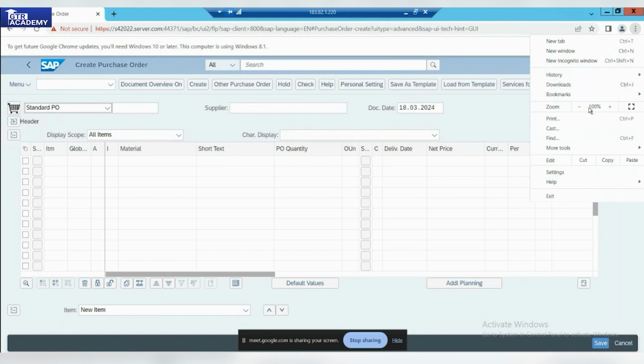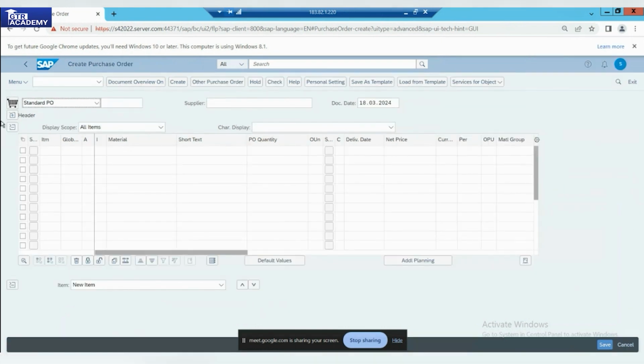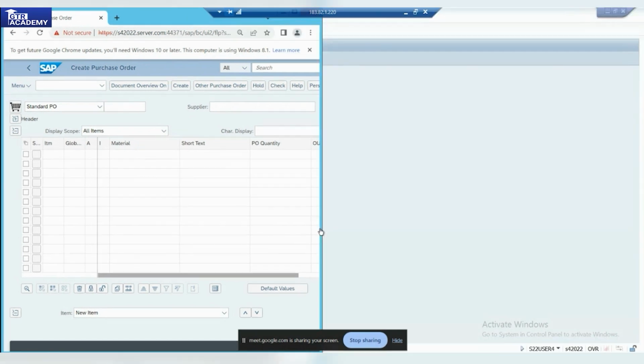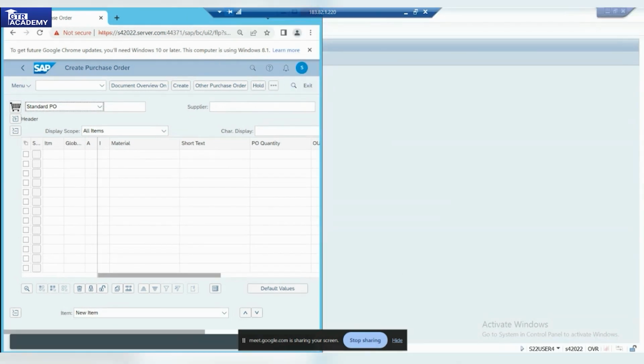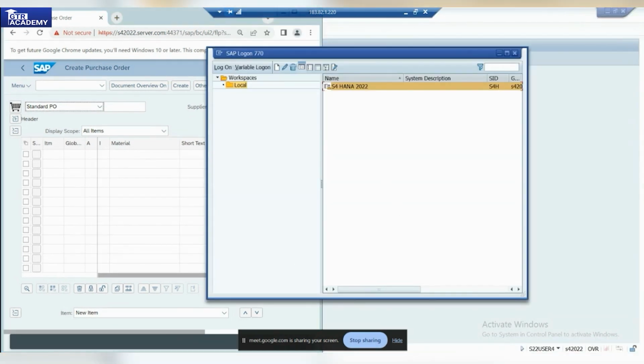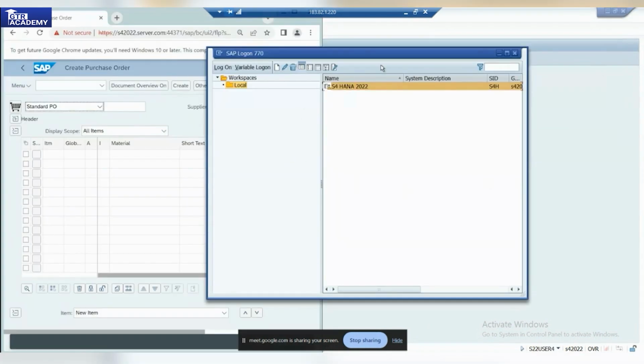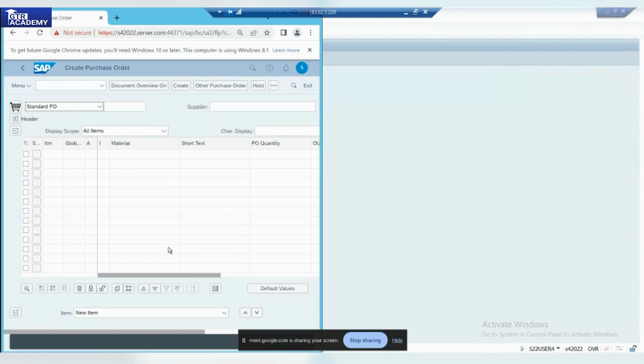Let's zoom out a little. Now it's much clearer, I think. Whatever things you have on your SAP GUI, we can compare it side by side. It got closed once again. I think only one session is allowed at one time. That's why it got closed. Anyways,